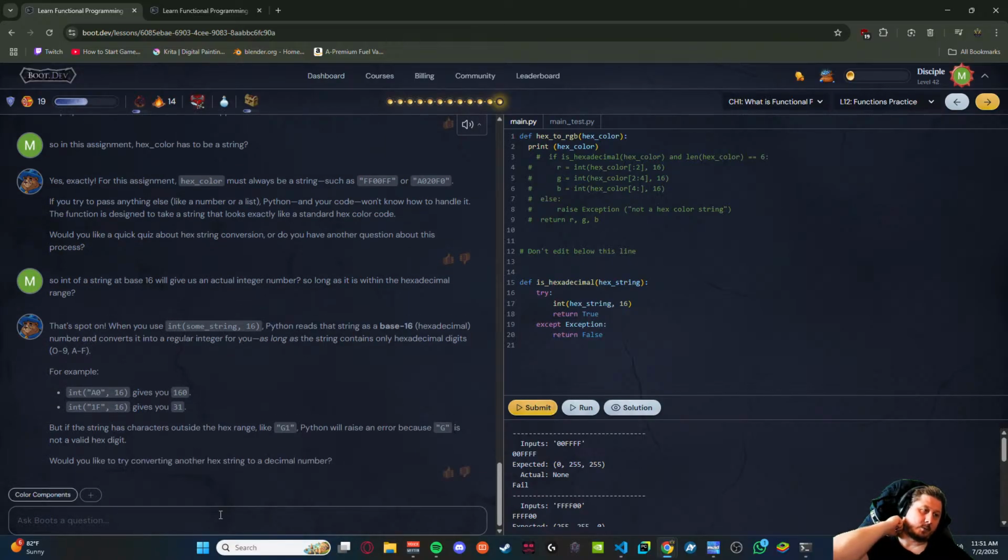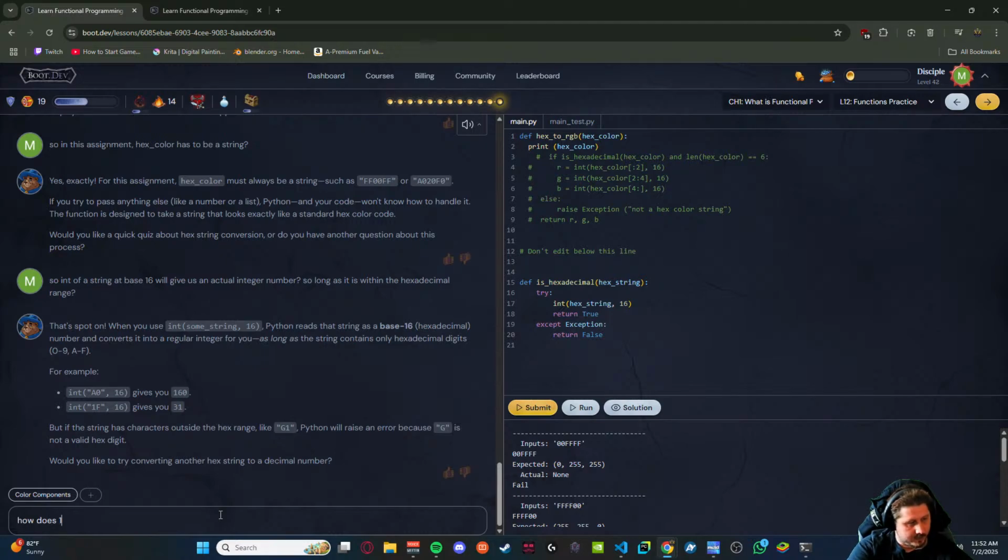That's spot on. When you use int of some string and 16, Python reads that string as a base 16 hexadecimal number and converts it into a regular integer, as long as the string contains only hexadecimal digits 0 to 9, A to F. For example, A0 base 16 gives you 160, and 1F base 16 gives you 31.